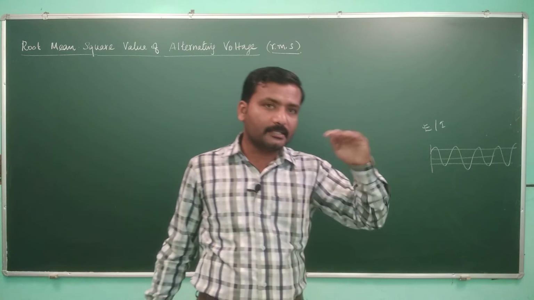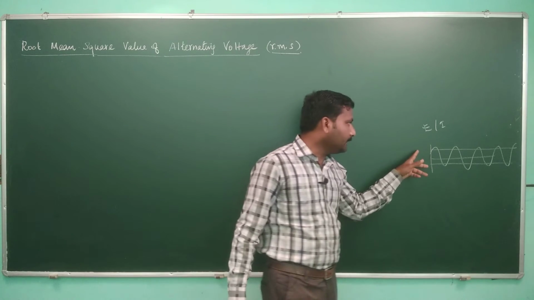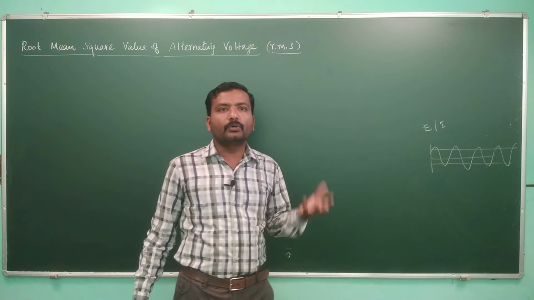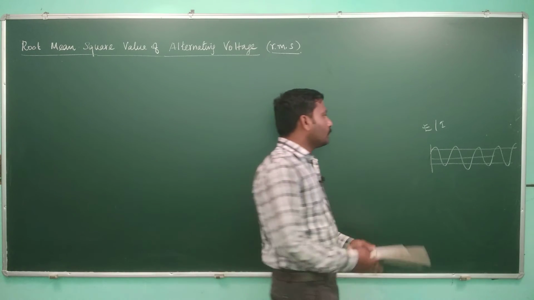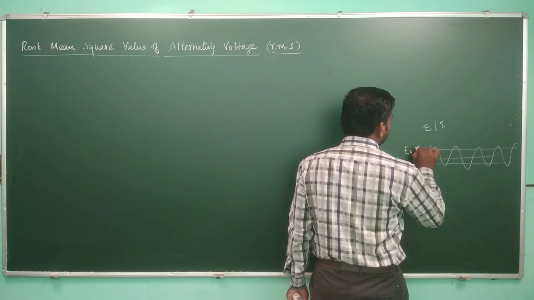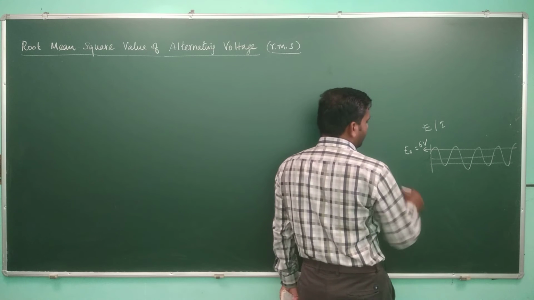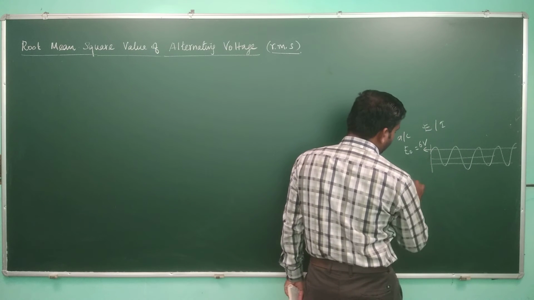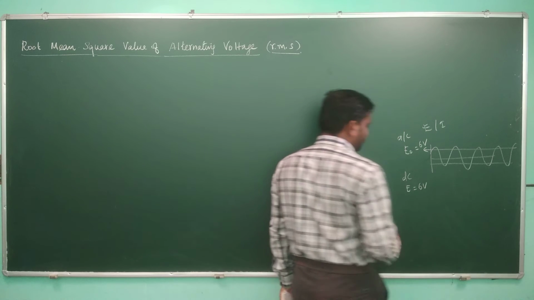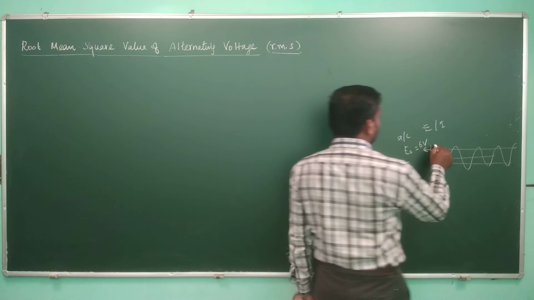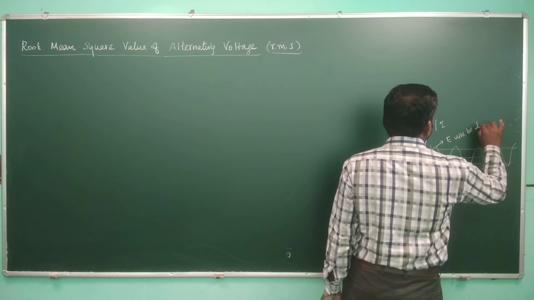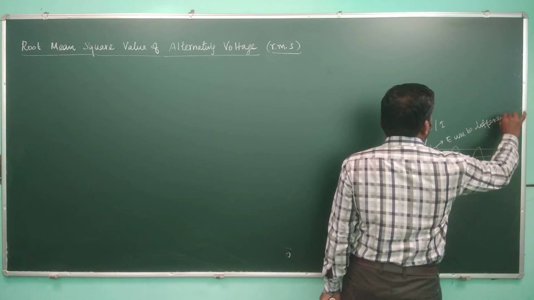It makes sense, see, if you apply an EMF to a particular bulb, for example, let's say this effective value E0 is equal to some 6 volt. This is for AC, and we are having a DC for which E is equal to 6 volt. And here the E0, here the E will be different.